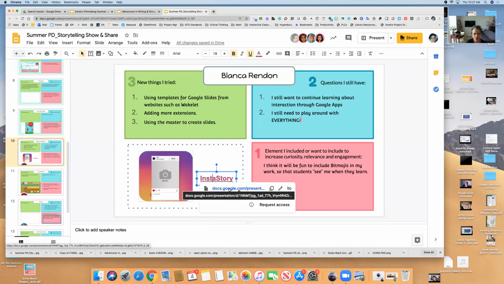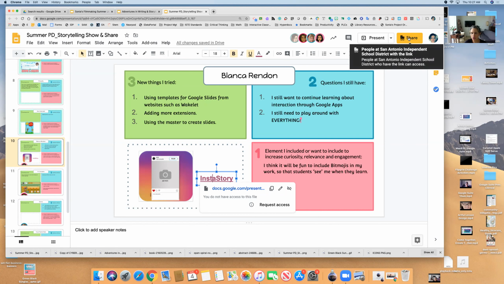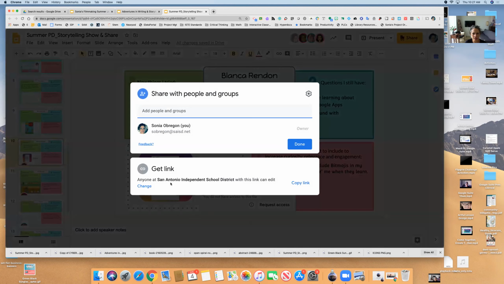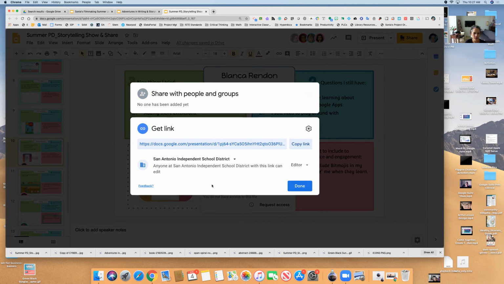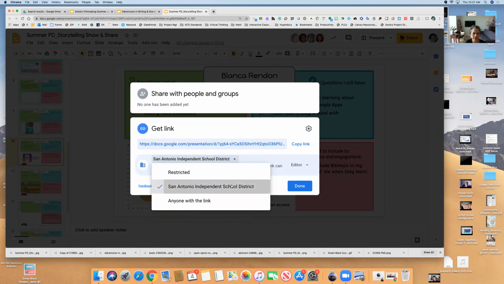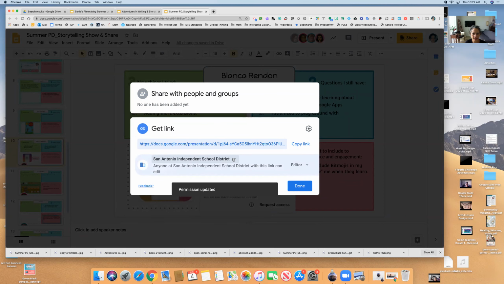Just one note here, make sure that you open up the sharing. You don't necessarily have to do it right now for this one because you didn't create anything on it, but we can practice so that you know how to do that. All you would do is go to the share button and then turn it on to where anyone at SAISD can view. That way, whoever clicks on this, they'll be able to see it. So all you do is open the sharing setting and then click the change button and say everyone at SAISD can view.